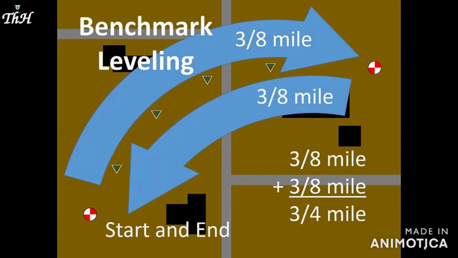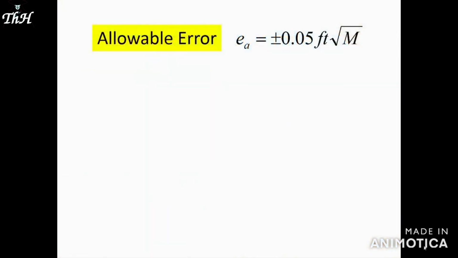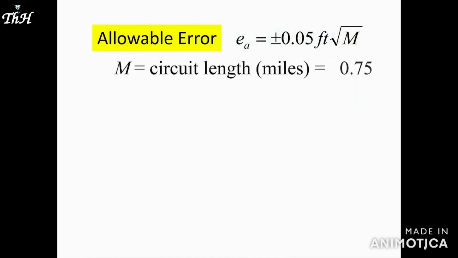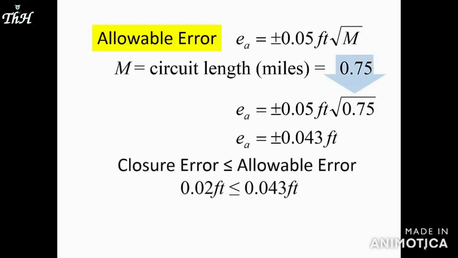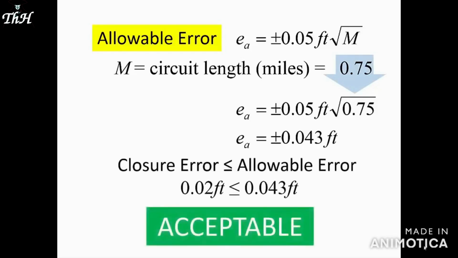The allowable error computation has just one input, circuit length. In this case, 3/4 or 0.75 mile. The result is plus or minus 0.043 feet. Since our circuit closure error is less than or equal to this allowable error, our level circuit is